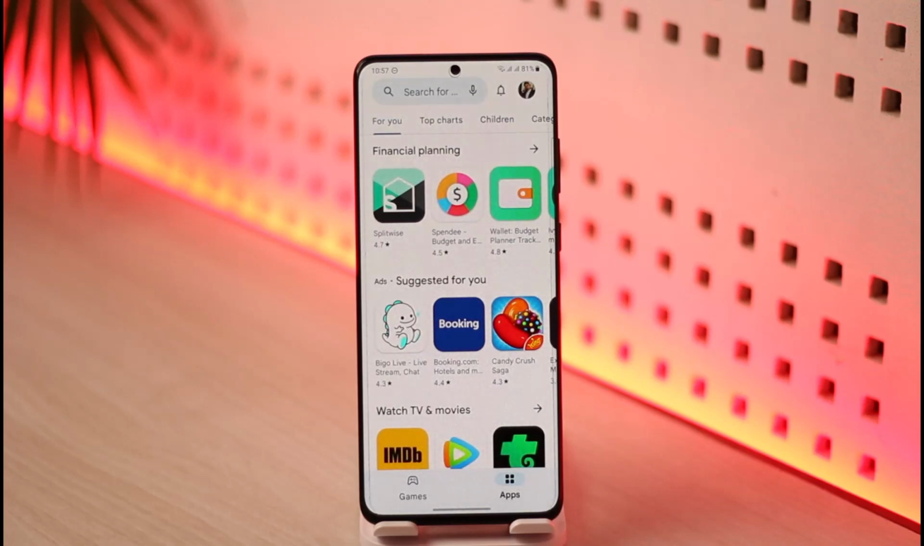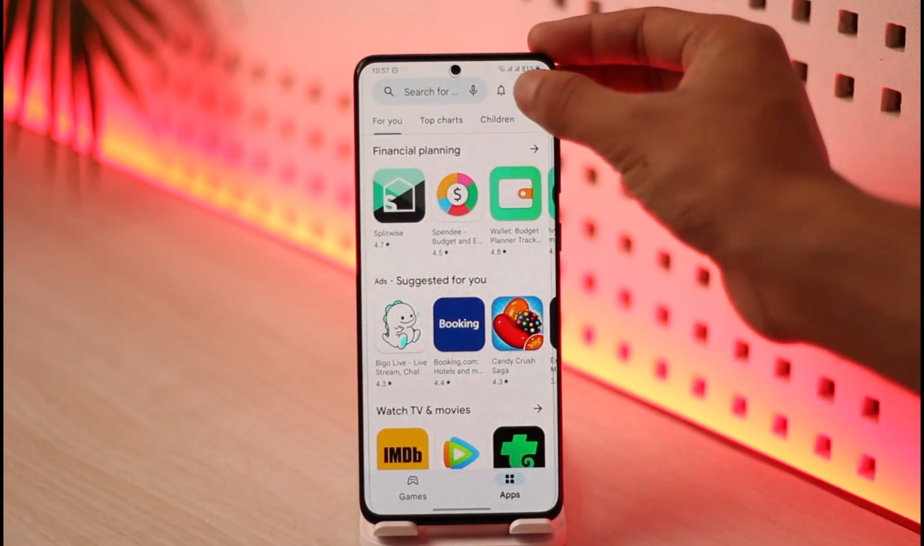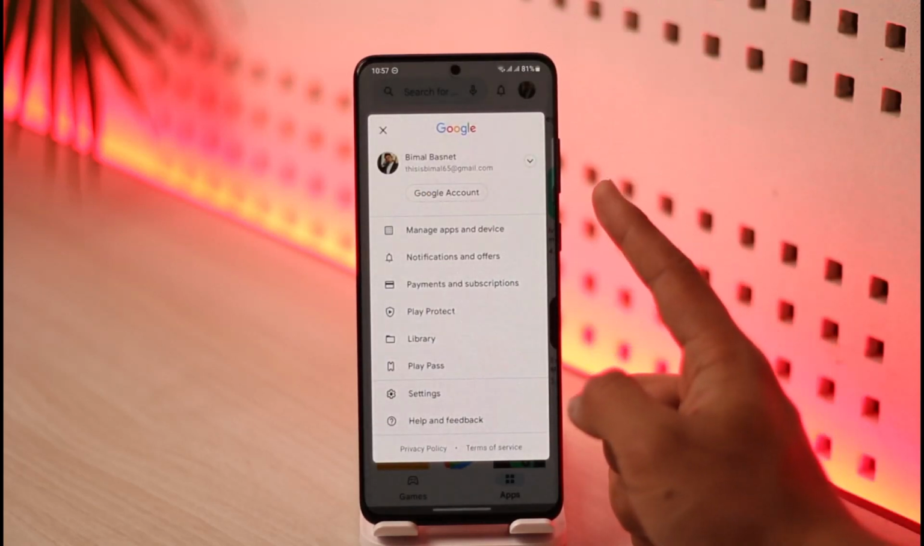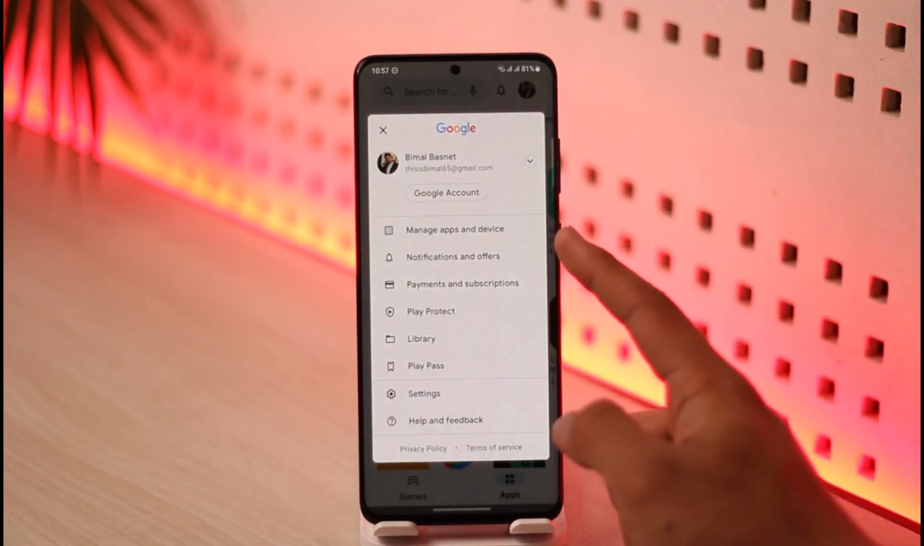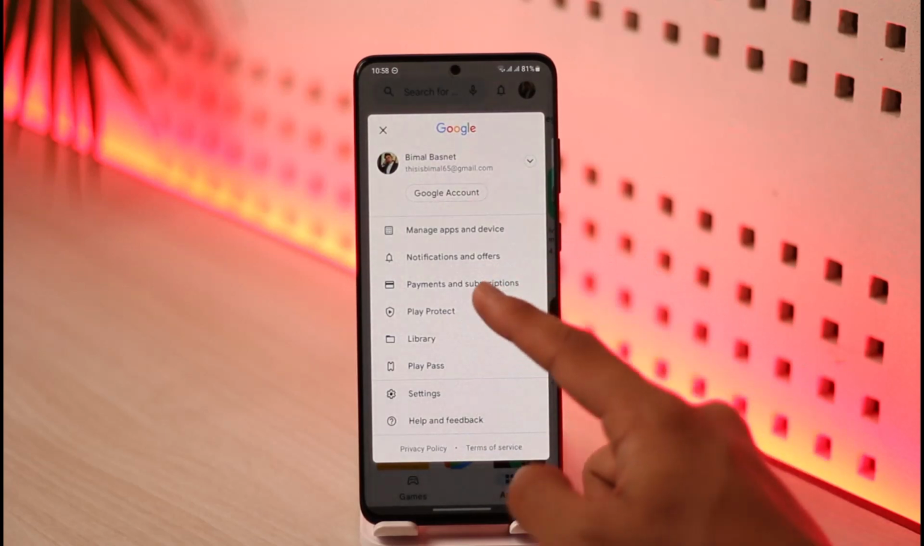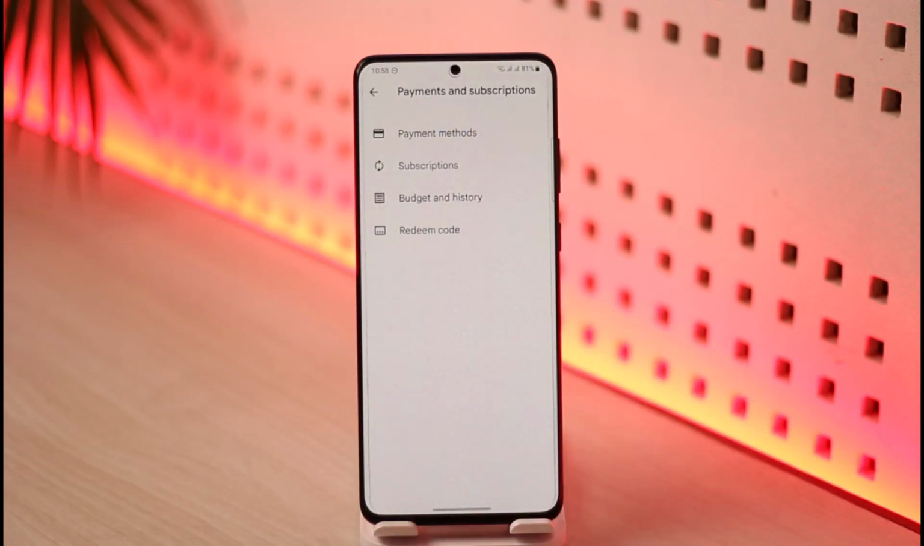So in order to do that, first of all open up your Play Store as you would normally do, then just tap the profile icon from the top right hand side of the screen. Once you tap the profile icon from the top right, over here you'll find the option called payments and subscriptions. So all you need to do is just go to payments and subscriptions,